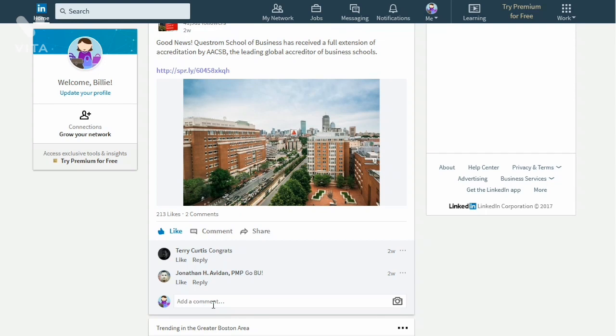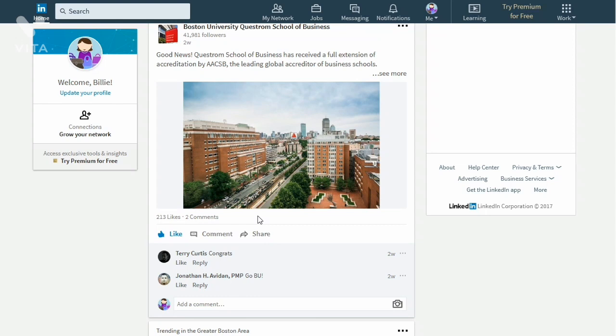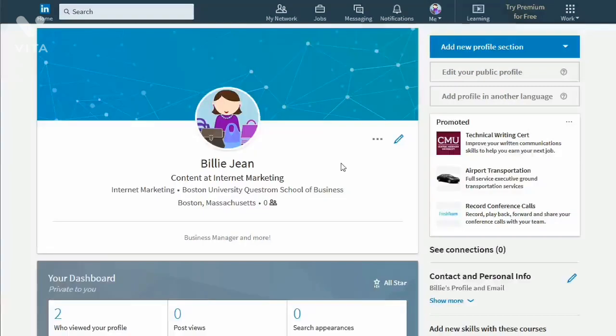Now that you've connected with the people around you, next I will show you how to feature your accomplishments or content in LinkedIn. In this module, I'll show you how to feature your accomplishments in your profile. Adding accomplished content to your profile will attract prospects and increase your credibility in LinkedIn. All you need to do is add a new profile section to your profile. You can find that option on the right side of the screen here.